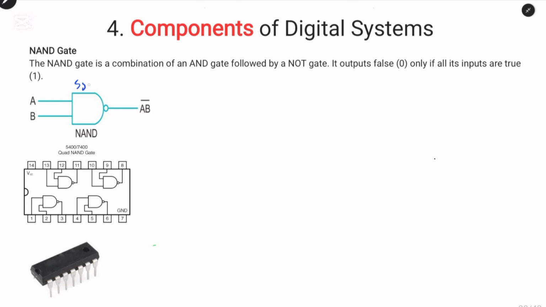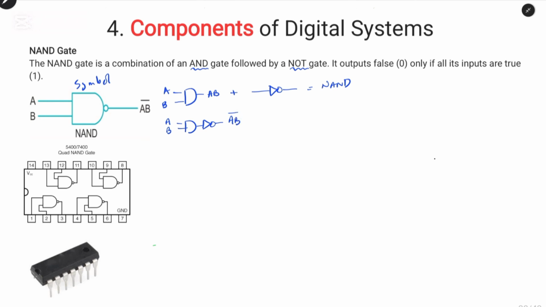We have the symbol which is given, and it is an AND gate connected to the NOT gate. If we look at the symbol with respect to the definition, we have input A, B, the output is AB. And if we add a NOT gate, we have the NAND gate. Now the symbol will be AB connected to a NOT gate, which will give us AB